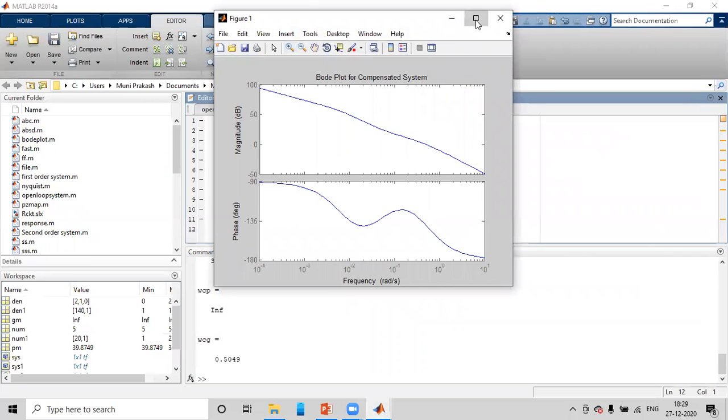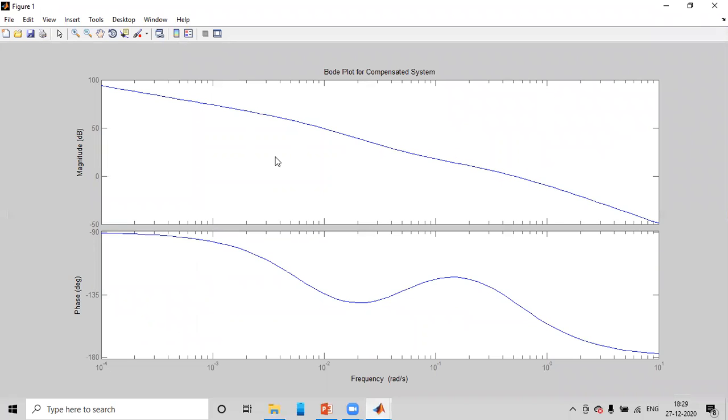Yeah, from the graph now we need to cross check whether we are getting the desired phase margin or not. Previously for the uncompensated system, we observed 18 degrees. And now after adding a compensator, we need to cross check whether we are getting the desired phase margin or not. So this is the value. Yeah, now you can cross check. What is the phase margin? 39.9. That means almost 40 degrees. Phase margin of almost 40 degrees is there. So our desired phase margin is 40. So here we are getting 40 only. And the system is stable.